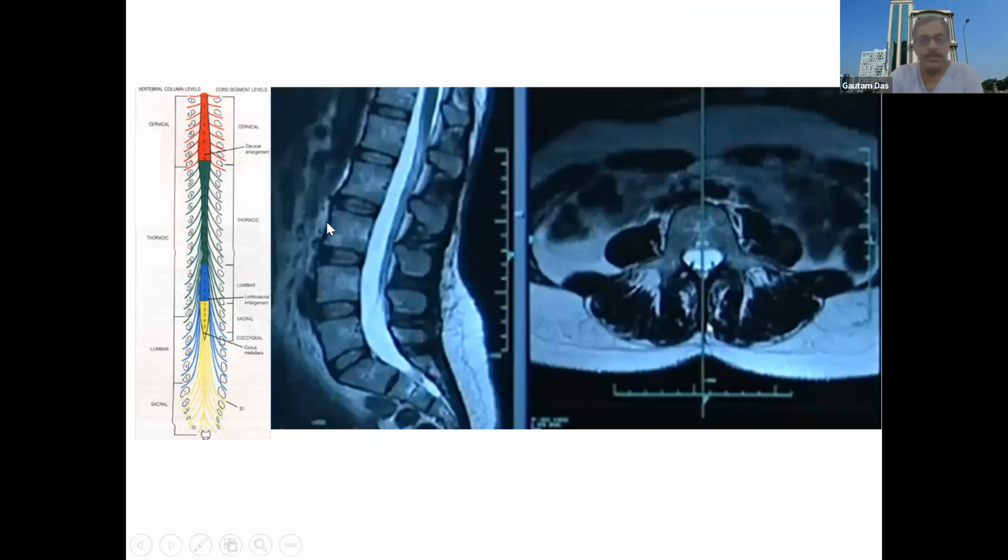So now look at this image. So here, this is your which image? Sagittal. And this is your transverse. And you see there is a line here. This line is telling you that this sagittal image has been